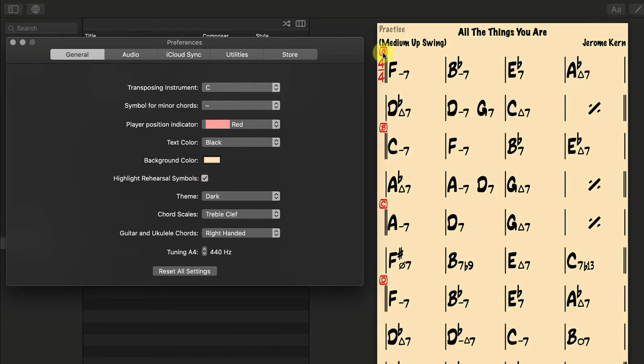Rehearsal symbols are this little A, like letter A, letter B, letter C. The fact that it's in 4/4. And here you would have it just black and white. And the only reason I think I would have it like this is if I'm going to print this out,